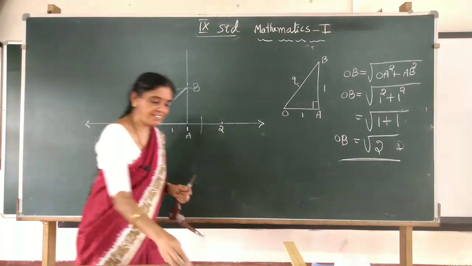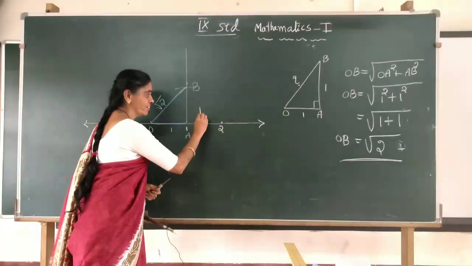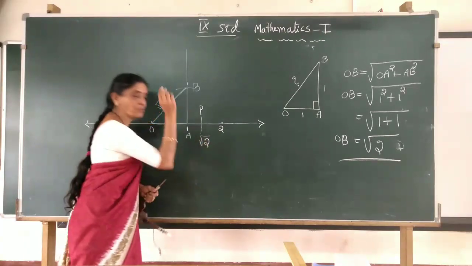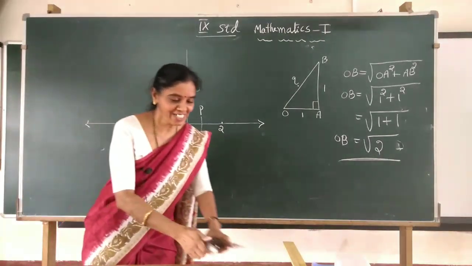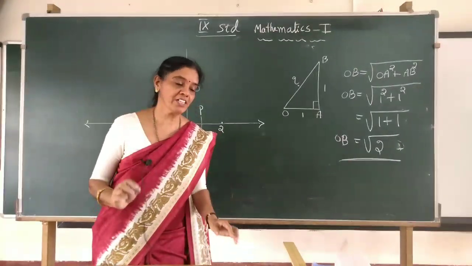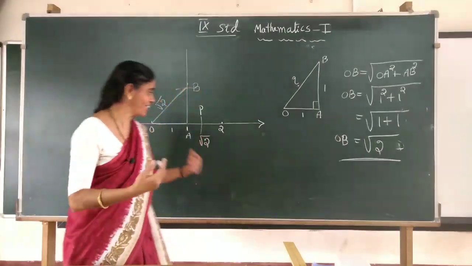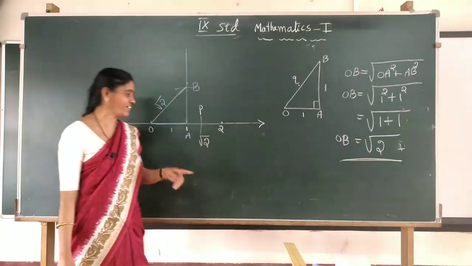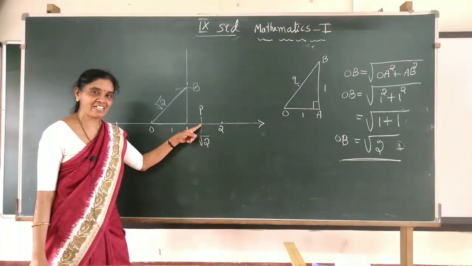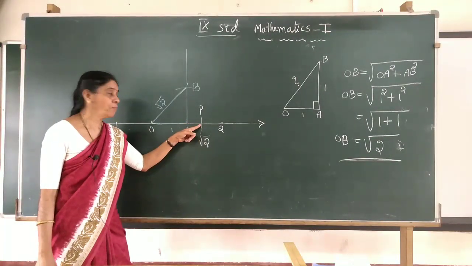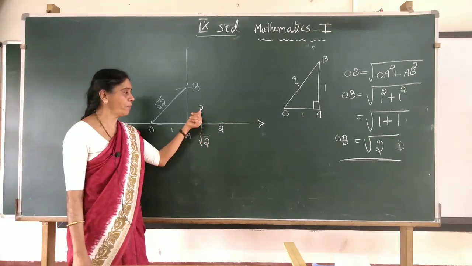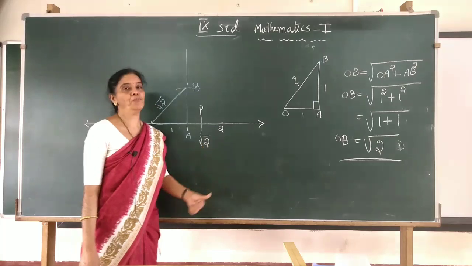This new point P exactly corresponds to the square root of 2. Now you can tell definitely, with no hesitation, where the position of square root 2 is on the number line. If anyone asks, I will say the position of square root 2 is exactly here, between 1 and 2. At this point square root 2 comes. So point P corresponds to square root 2.